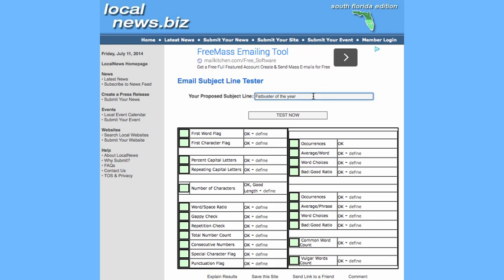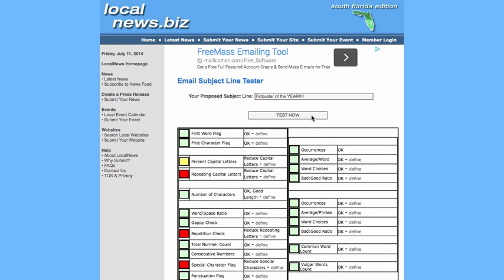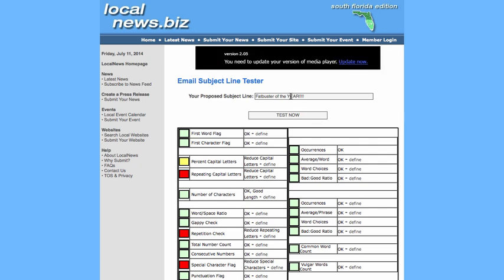Just to let you know, if you put in a bunch of capitals, like if you put year in capitals, or if you put exclamation marks, or dollar signs, or money, or anything like that, it's going to come back with a bunch of reds. And that's not what you want. It's going to go straight to spam. See, look at that. All I did was add some exclamation points, and I made this all capitals, and it came back. Look at this, trash. So let's just put that back.